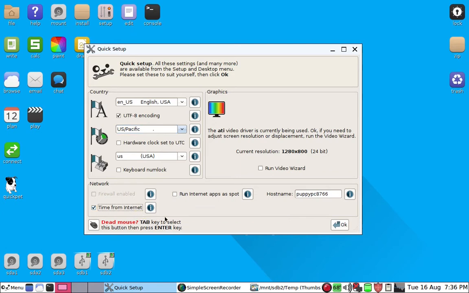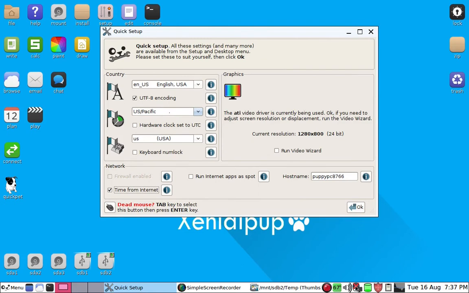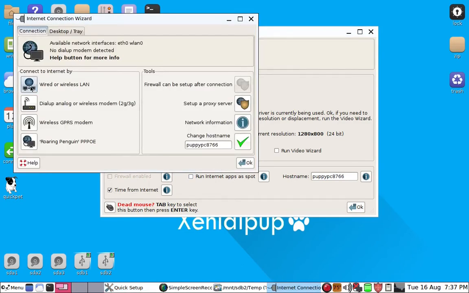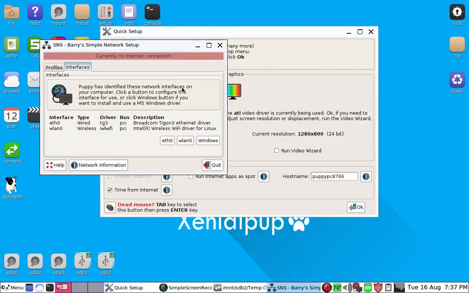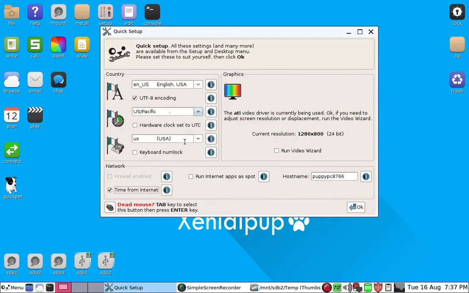And we want to get the time from the internet, but to be able to do that, you first have to configure Wi-Fi. So we'll go ahead and click on that down here. I have a Wi-Fi set up, so we'll go simple network, and then WLAN for Wi-Fi,